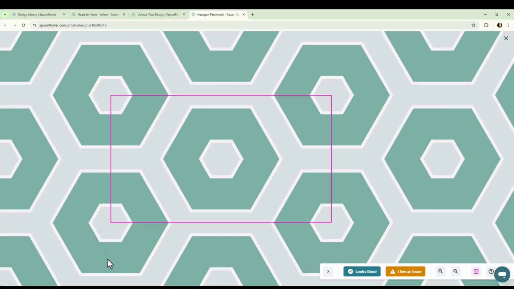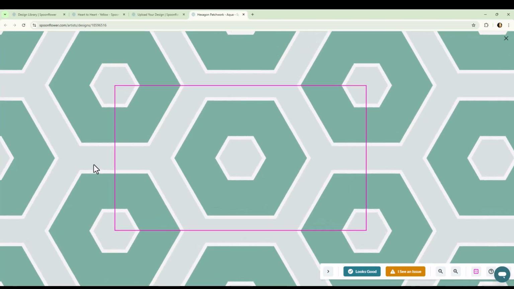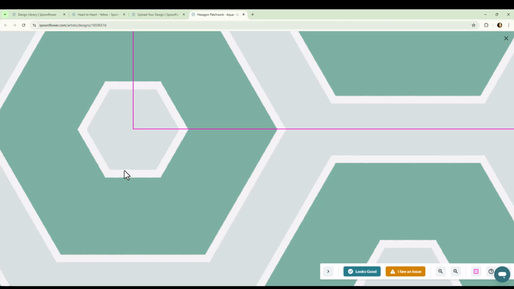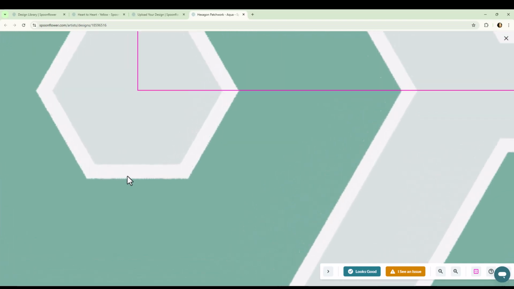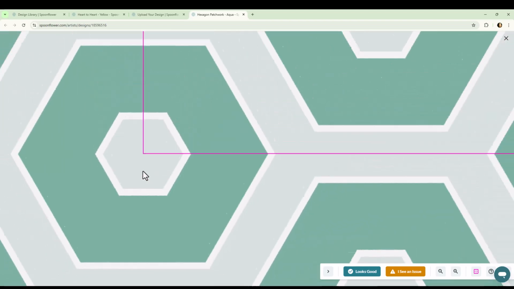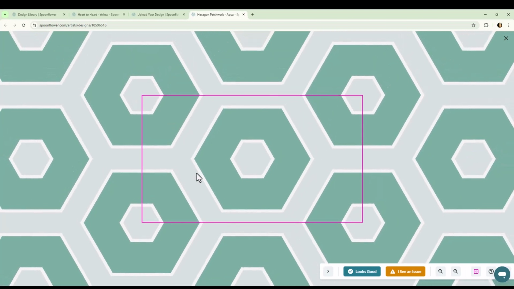It doesn't look like there's any weird jagged areas. So you see how it repeats here? It's a straight line across. Even though it's a little pixelated, it's because we're so close in. It's like a gigantic magnifying glass on things. So I can say it looks good, or if I see an issue, which I have in the past seen